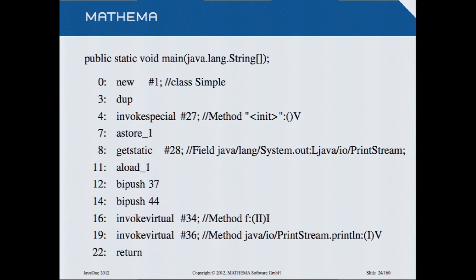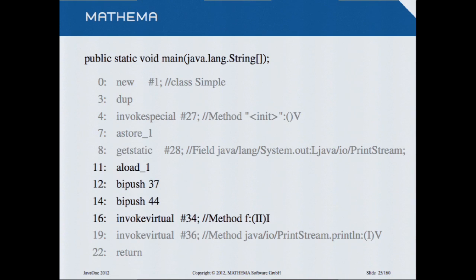Above, we, for example, see the init method. The init method has a special name surrounded by those angle brackets. And you see it has no parameters because the parentheses are empty, and it returns nothing. So it's void. So this is the encoding, and it's quite interesting. Below there you see the method f is a method which takes two integers and returns an integer. We are only interested in this part.